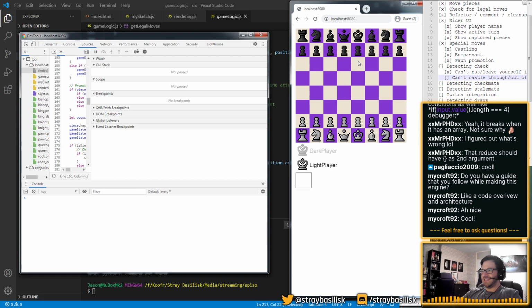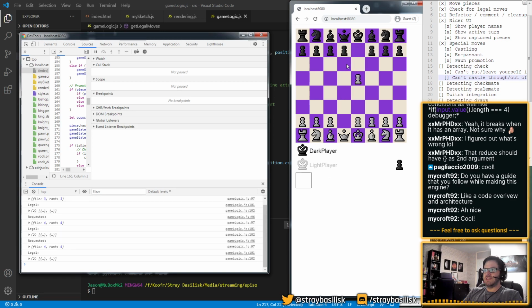I don't even know the scholar's mate pattern. I should know this stuff. Okay, let's just quickly play something really obvious and get rid of a load of pawns. Do something kind of simple.